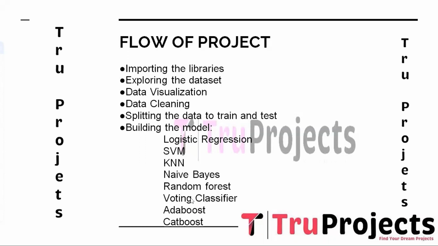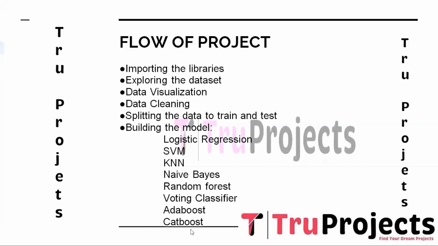And the next one is AdaBoost. AdaBoost, meaning adaptive boosting, is an ensemble learning technique that combines multiple weak classifiers to create a strong classifier. A weak classifier is a model that performs slightly better than random guessing. AdaBoost assigns higher weight to the misclassified data points in each iteration, allowing the subsequent weak classifiers to focus more on the challenging data points. The final prediction is determined by combining the votes of all the weak classifiers. AdaBoost effectively handles both binary and multi-classification tasks.